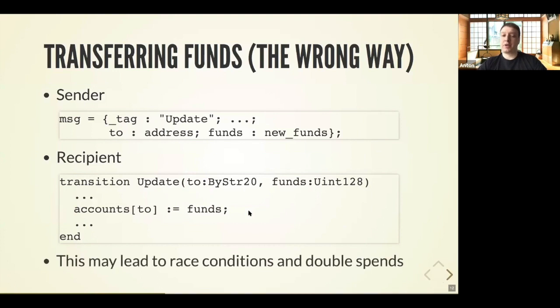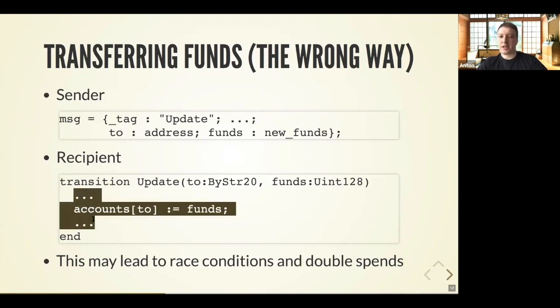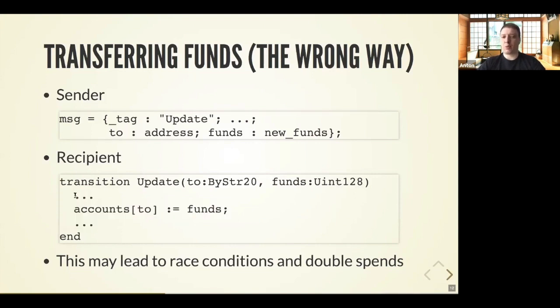And that's dangerous because it may lead to race conditions and also, for example, double spends, because there may be several transition calls simultaneously, and you don't want them to compete for this particular map cell. So Scilla is designed in a way so that these transitions are themselves critical sections, right? So there is mutual exclusion here. You don't have to worry about someone interjecting somewhere here. So the DAO attack is not possible here, but there may be several pending transitions which may basically override the